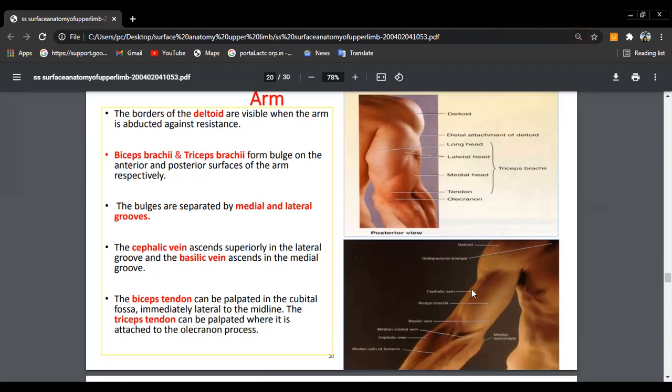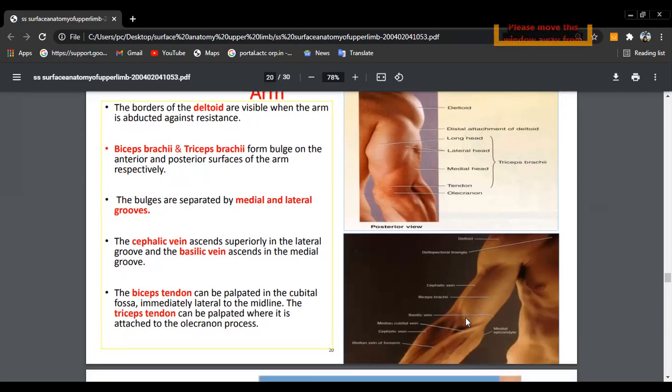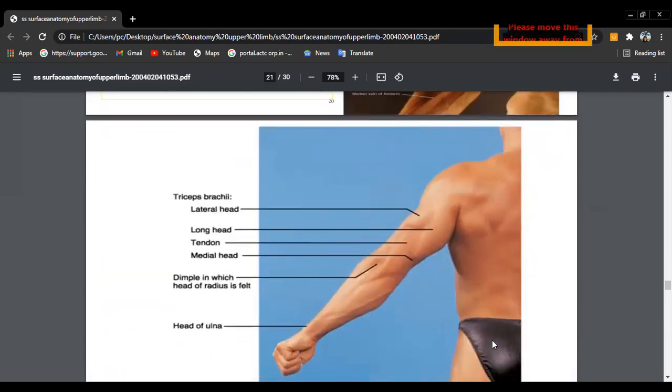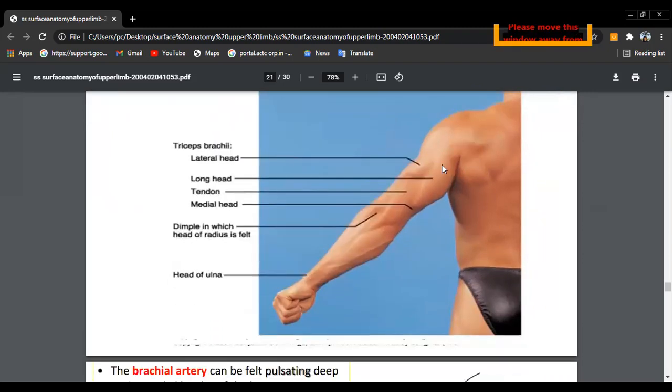Okay, that is, this is biceps. If you just go deeper to biceps, then you would be able to feel for brachialis. Okay, this is from behind, as you can see in this picture. What is the bulky muscle which we see on the posterior compartment of arm? The only muscle you have there is triceps. So it has a lateral head, it has a long head. You just retract these two heads, then you would be able to see in the middle the medial head.